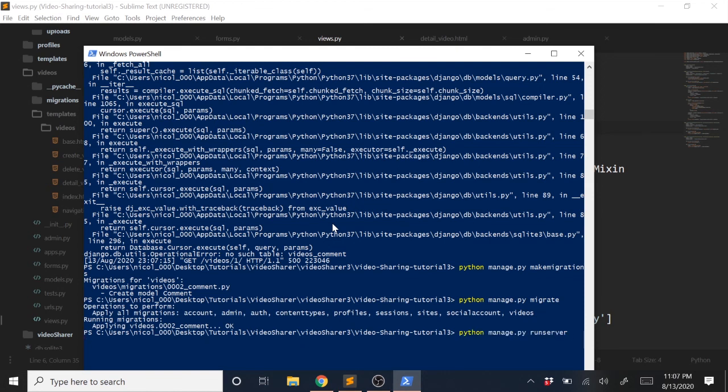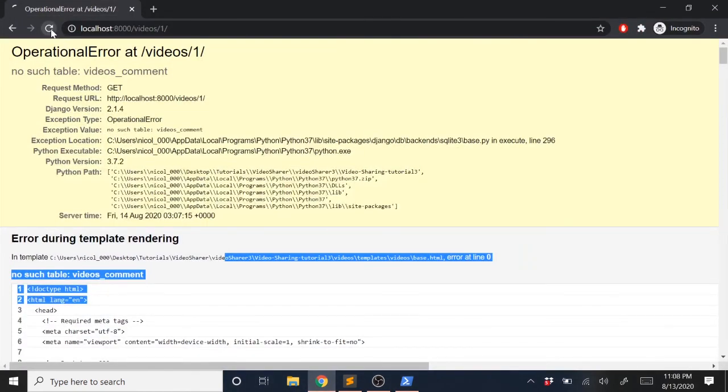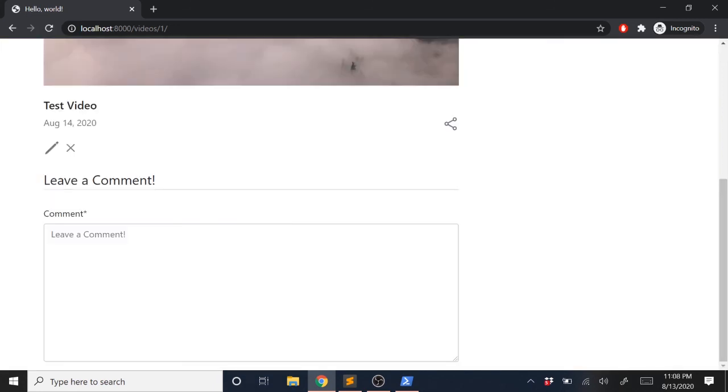Okay, now let's try this again. Run the server. Let's open this up and run this again. And now we get this. So scroll down here. We have our comment right here. There is one thing we're missing right now, though. We have a comment, but there's no submit button. Let's go ahead and add a submit button real quick